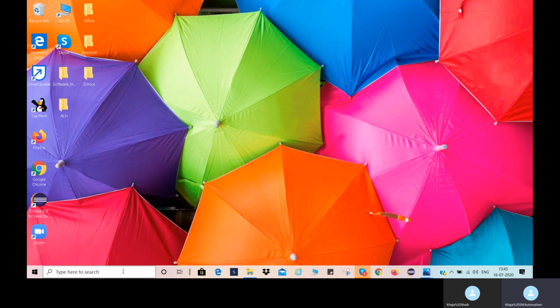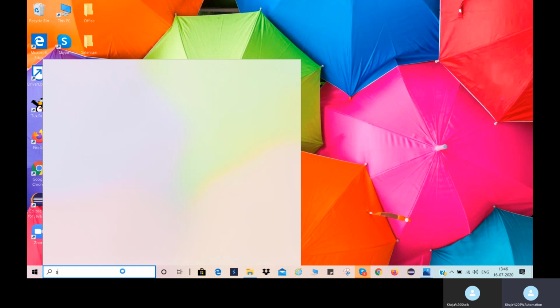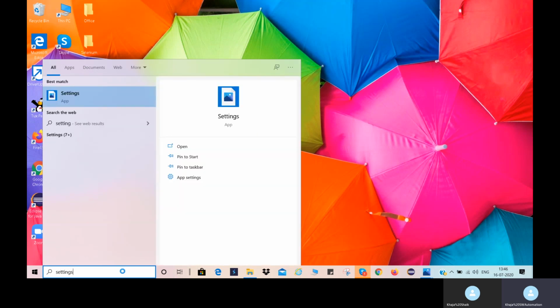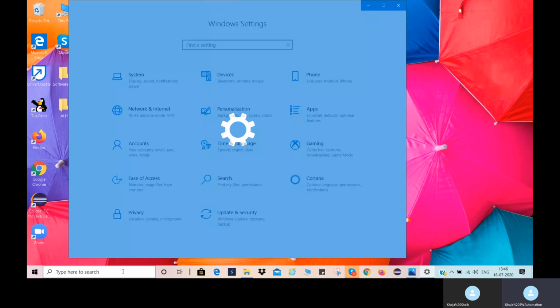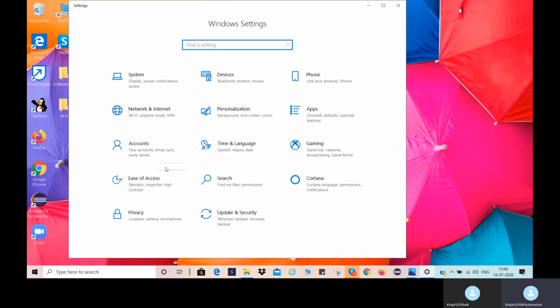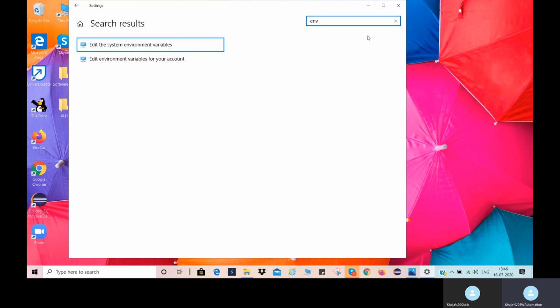Just simply type settings in the Windows search box and hit enter. It will open the settings window. In this settings window search box, type environment, hit enter. Here select the first option, edit the system environment variables. Click on the first option.